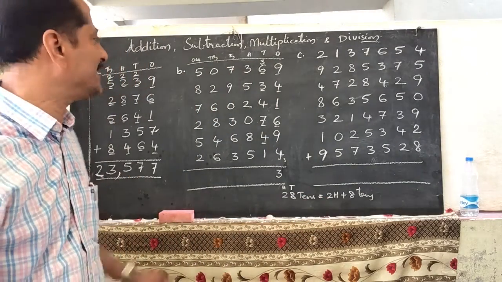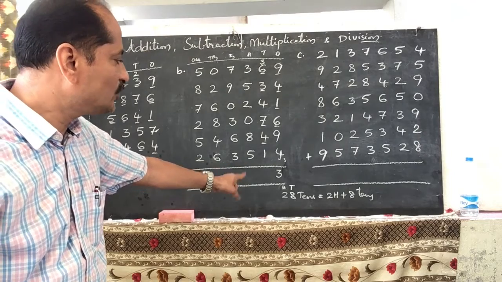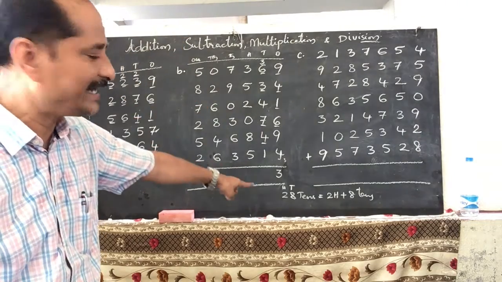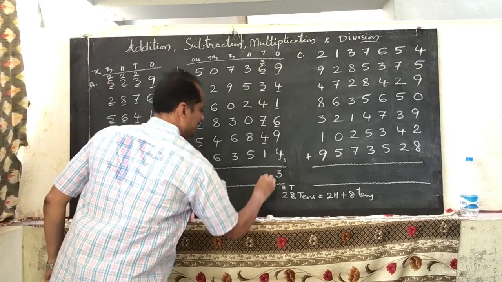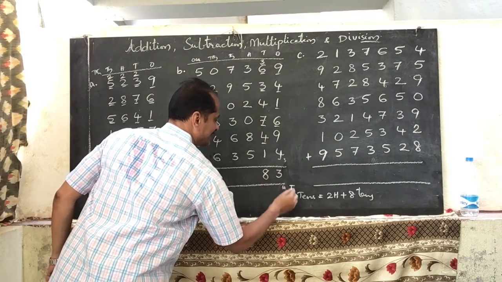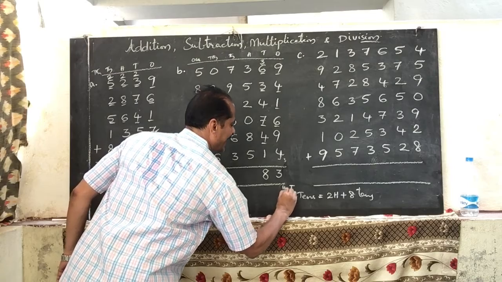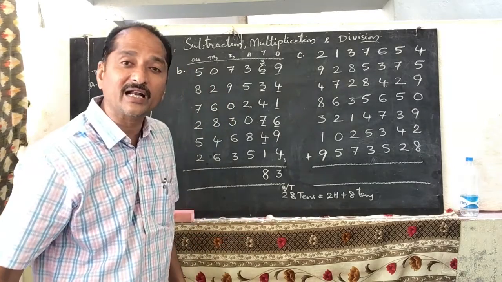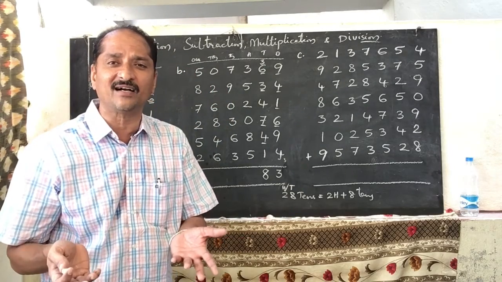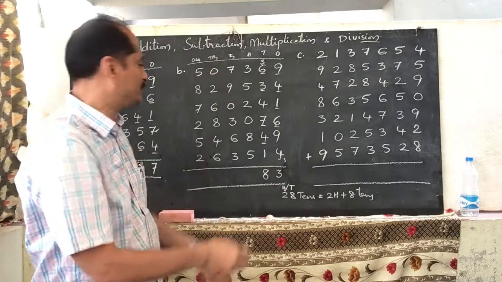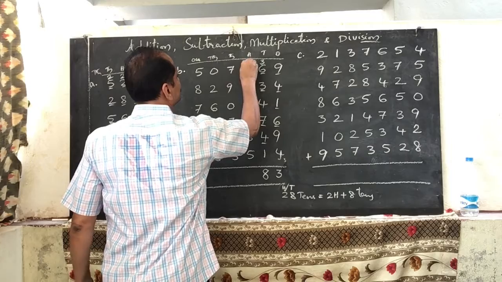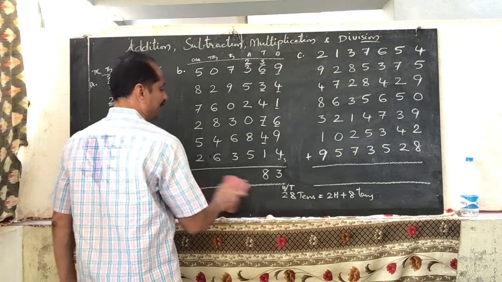200s and 8 tens. Now that 2 should go to the hundreds place and 8 should write under tens place. So 8 we are writing here under tens place. And this we are taking carry. We are carrying to hundreds place. Why? Because we did not add all the hundreds. So this 2 hundreds we are taking to hundreds place. So then it becomes here 2. Now check carefully the hundreds.